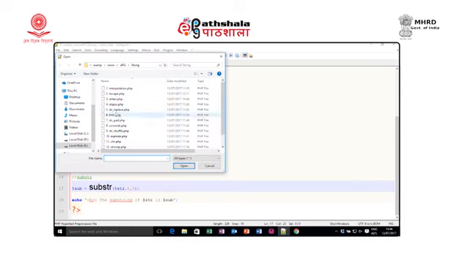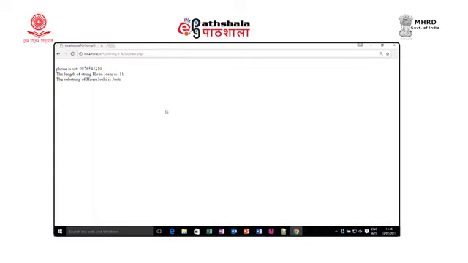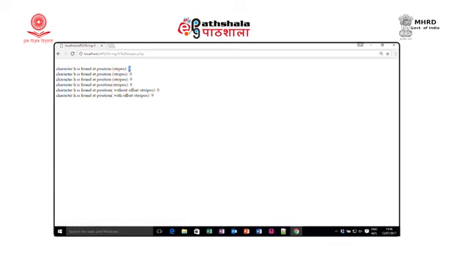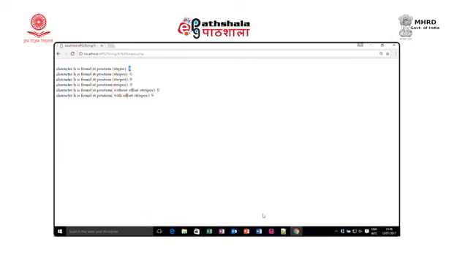So, just open the file. Look here at string position, h. Here I write small h. So it will be counted 5, 6, 7, 8 and 9 position, because it starts from 0. Now, if I write small h with stripos, the capital H is here and it is at the 0th position. So it will display 0.